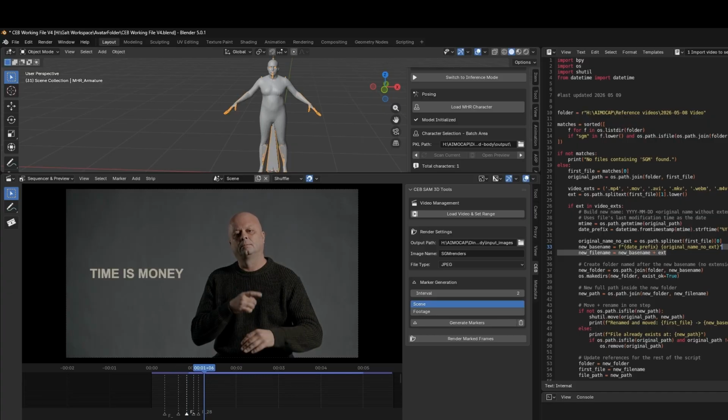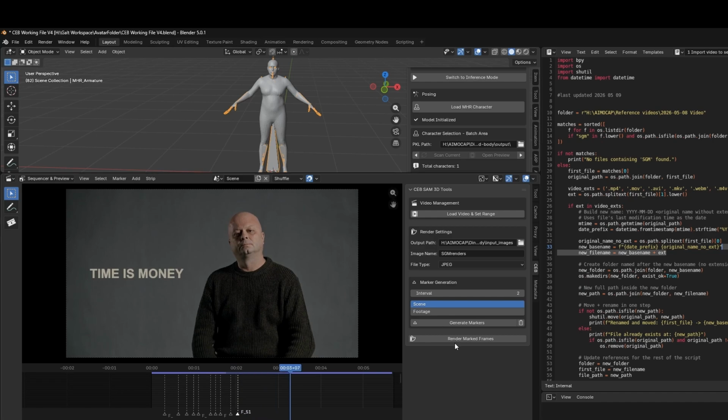Then go. Just going on there, see how many we need. And there we go. Now we render the marked frames. And then we run